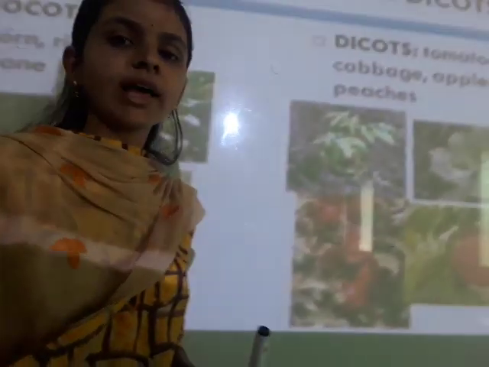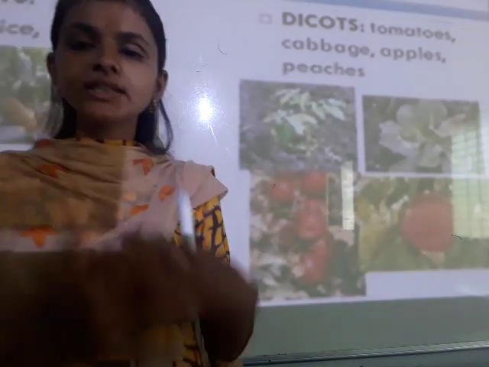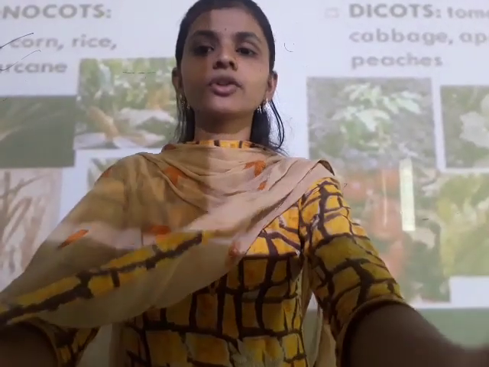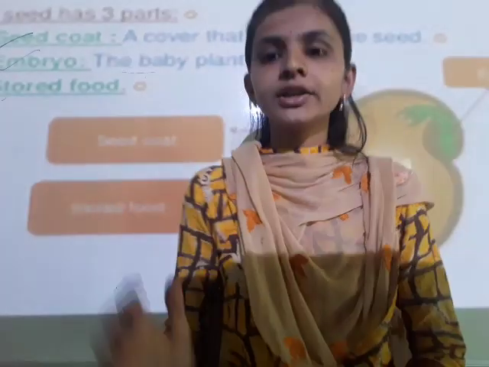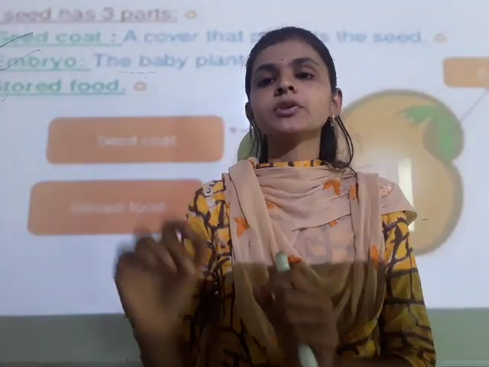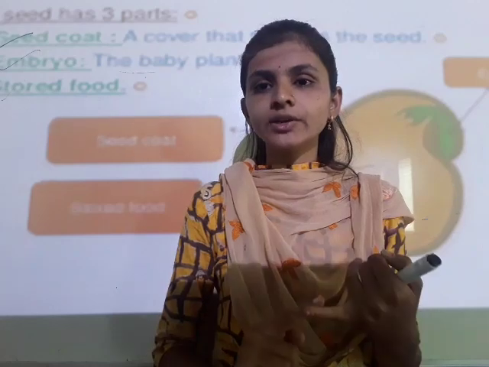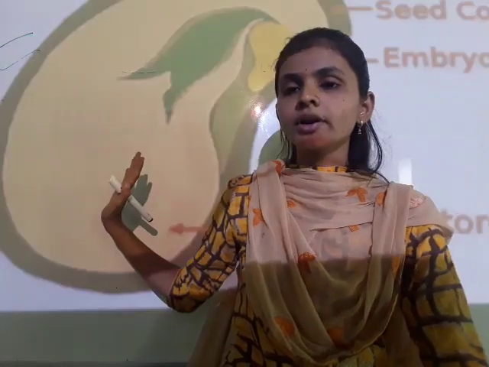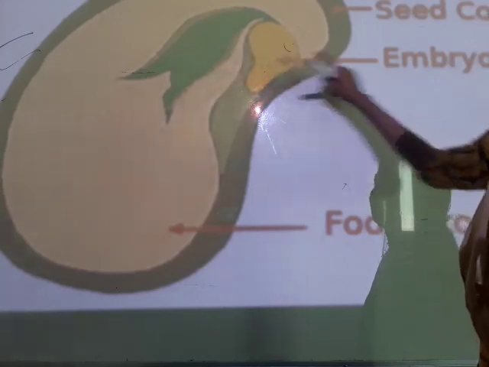Now let's discuss the dicot. In case of the dicot, the cabbage, apples, tomatoes, these are the examples of the dicot. So here all the things are present in front of you. So once again I am going to show you all the slides, and once again I am going to explain all the things. So in today's period we already discussed the structure of seed. The seed consists of 3 parts. One is the seed coat, then embryo, and the store food, that is known as the cotyledons. And we already discussed the structure. So the outer layer is the seed coat, then the new plant is known as the embryo, and the store food is known as the cotyledon.